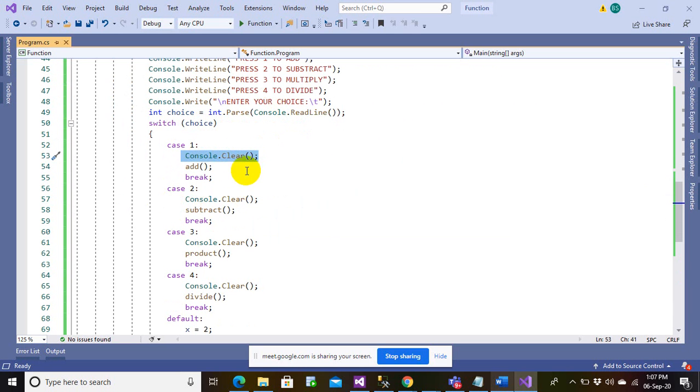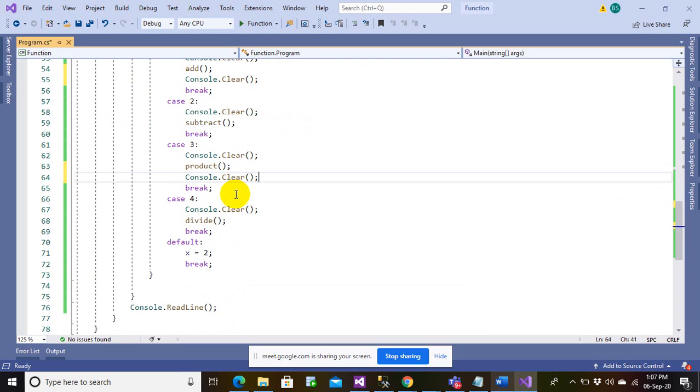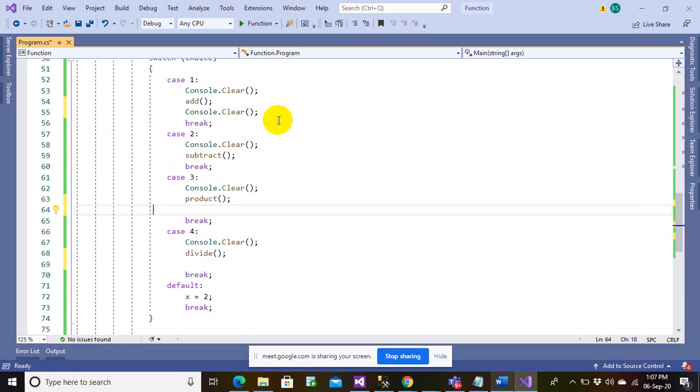So also let me just have this here. This one also let me have this here. Have this here as well. I do not want the screen to be dirty. Okay, I cannot have it here because again this will also erase my output. This will erase my output. Okay. So this is okay.